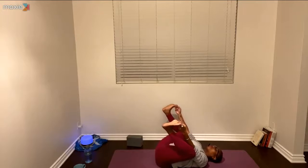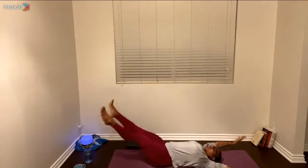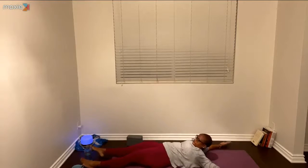Let's take two last breaths in here in this happy baby pose. And on our last inhale, pulling everything in nice and tight as if you're coming into a cannonball. Let's exhale everything straight, right down onto the mat as we relax,